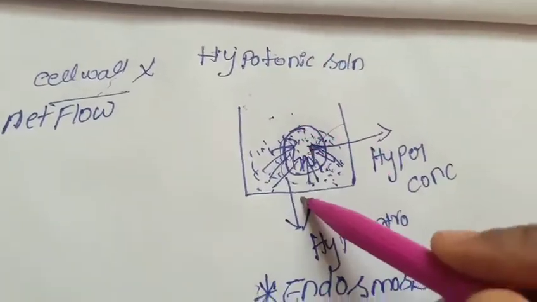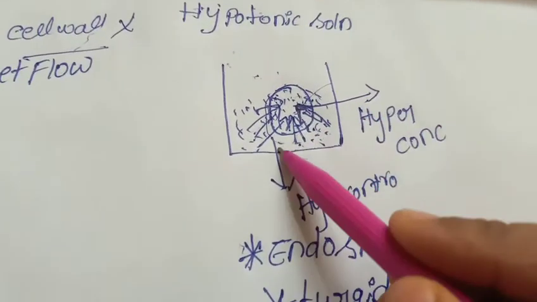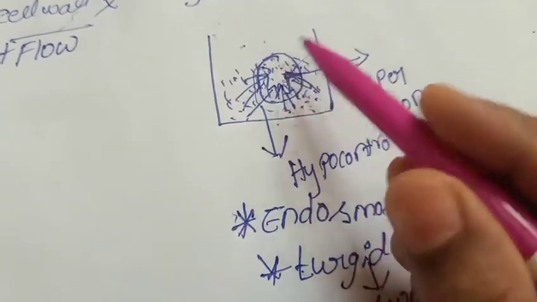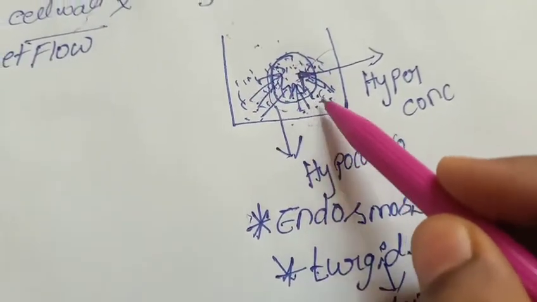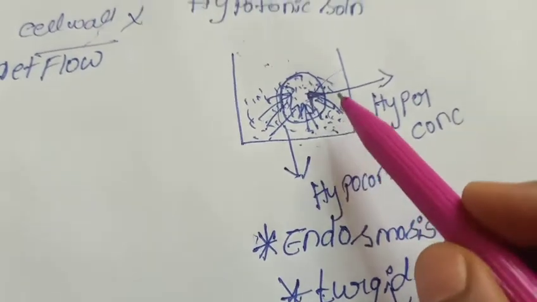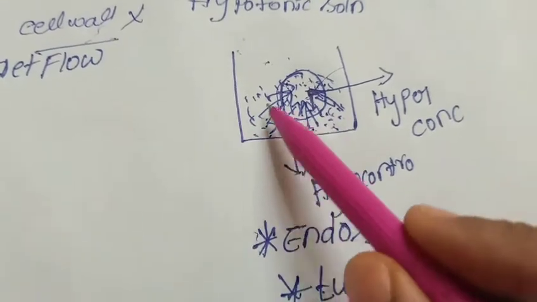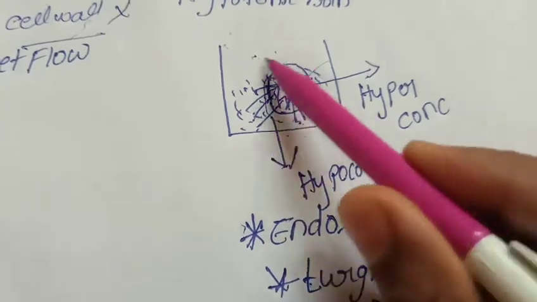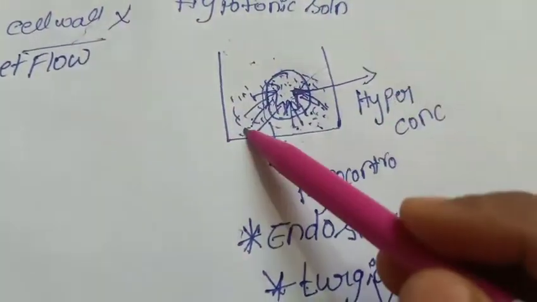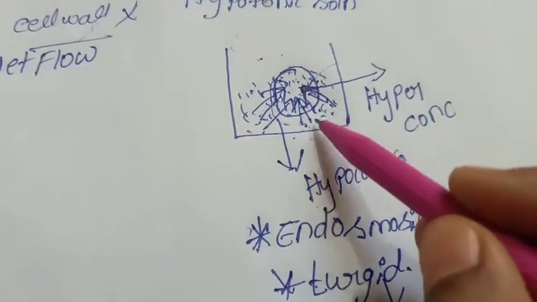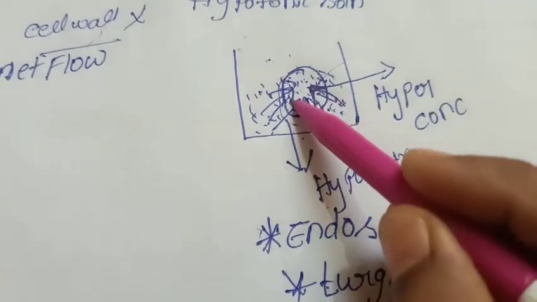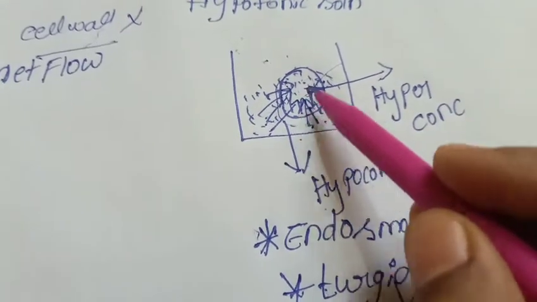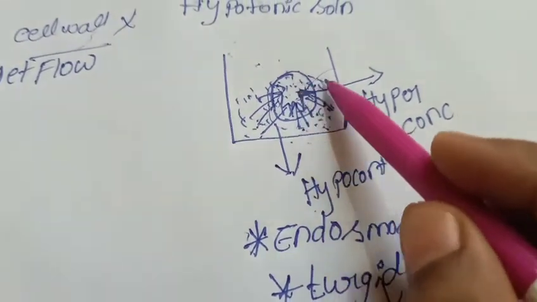I am again explaining to you about the hypotonic solution. It is nothing but the inner material of the cell will have the higher concentration. The material which is present outside the cell will have the lower concentration. We know that osmosis is nothing but the molecules moving from higher concentration to lower concentration. But here the process will be opposite. That means the water molecules will move from lower concentration to higher concentration. Then the animal cell will become turgid, the walls will be ruptured and the cell will burst.